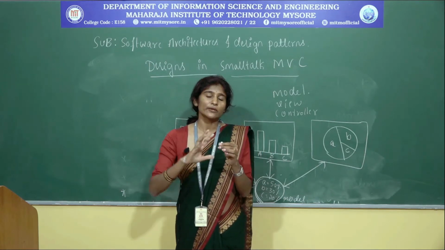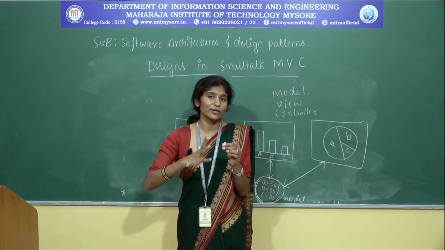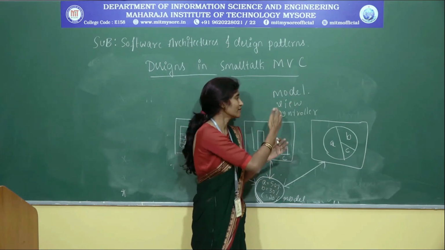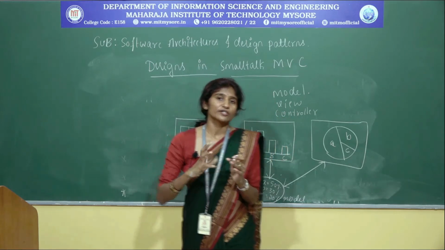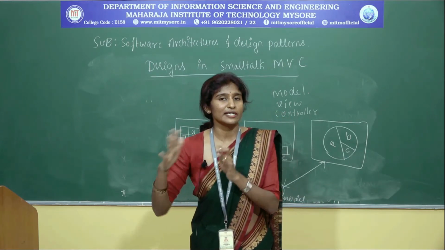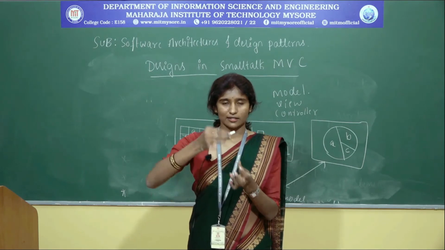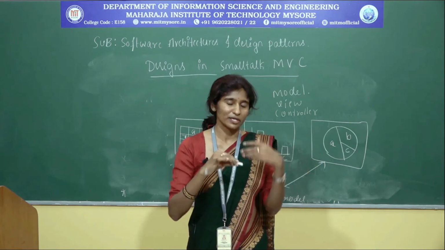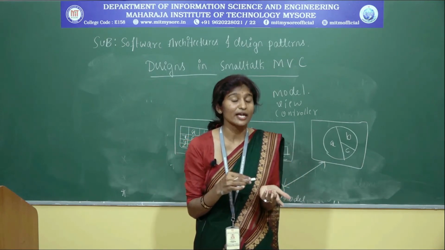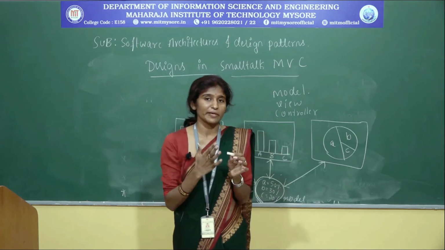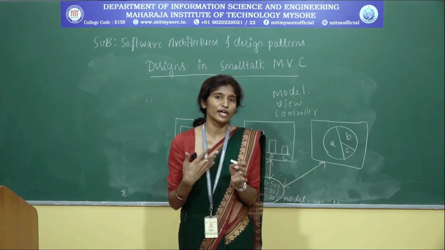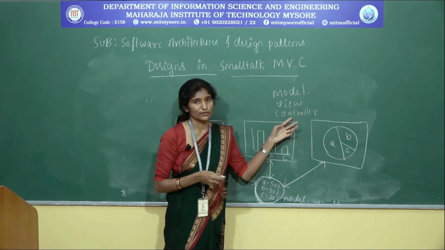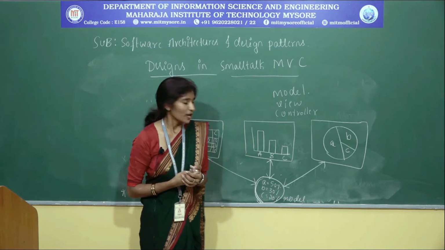Okay. So in order to achieve the views, okay, the controller comes between the model and the view. So in between the model and view we are going to have a controller. So when you control the model, it is going to be reflected in the view. So if I tilt the model like this, it is going to give you a different representation, a different view we are going to achieve, right? And in the same way this controller can be operated by the users. The user is going to control that one. So that is why I have taken this as a design in the model view controller, how it is going to be achieved. Okay.